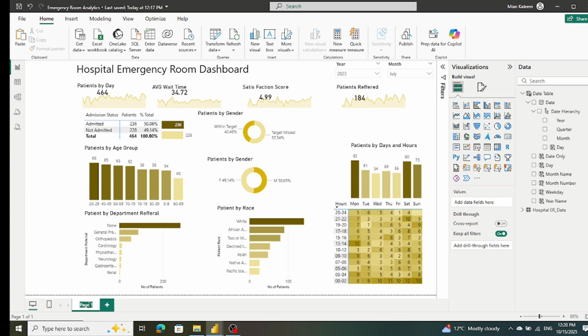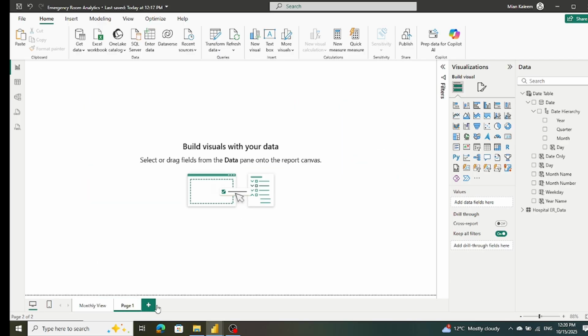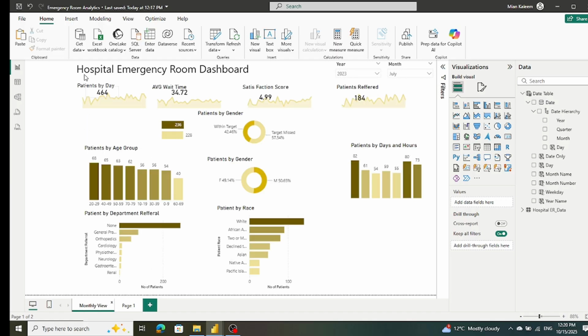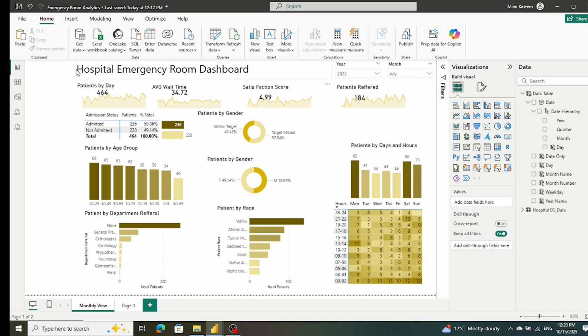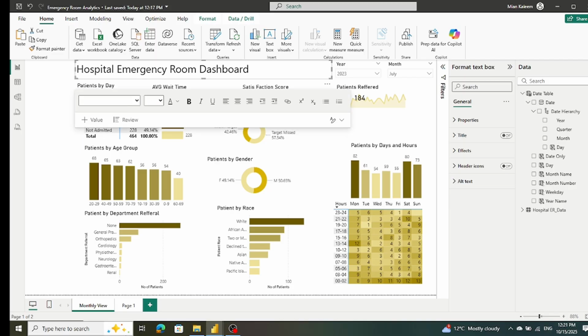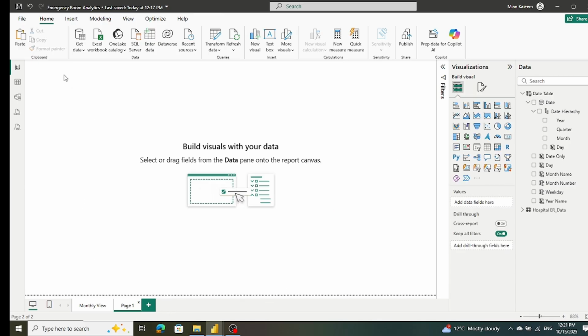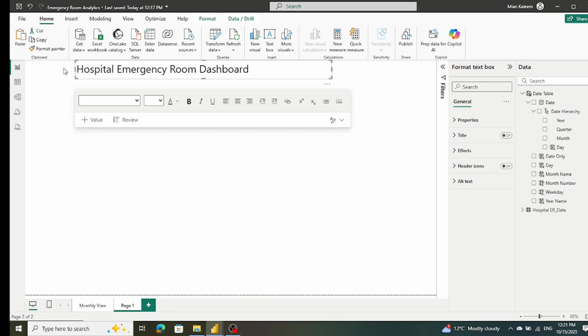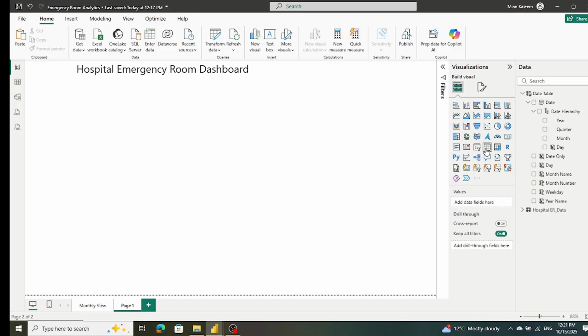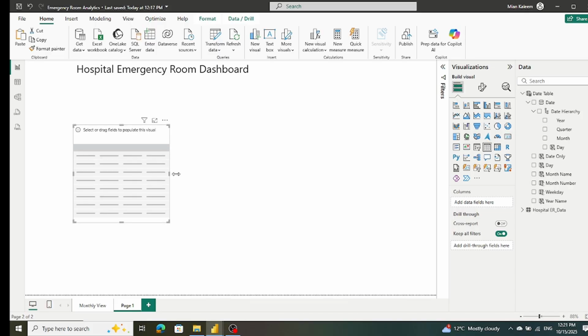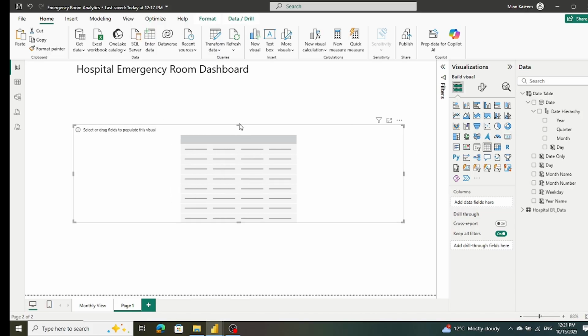It's a monthly view. We'll create another chart, we'll create another table. Hospital emergency room, and here we will use the tabular data, and